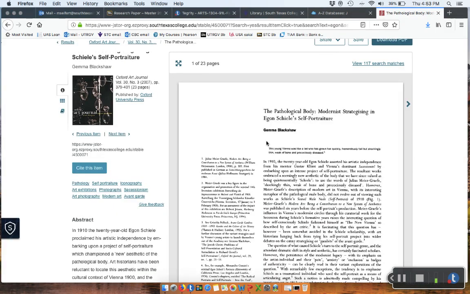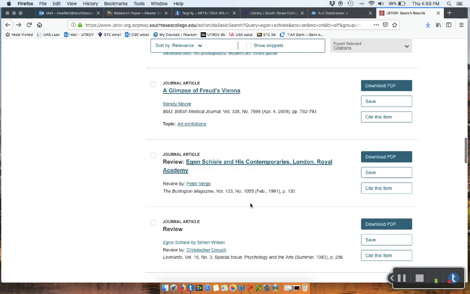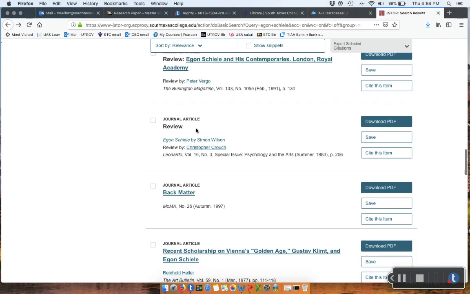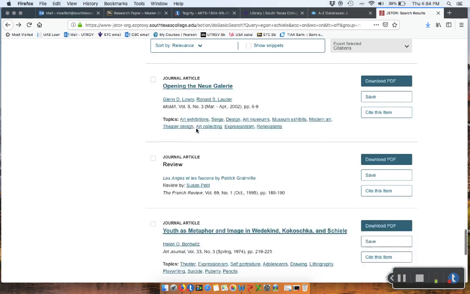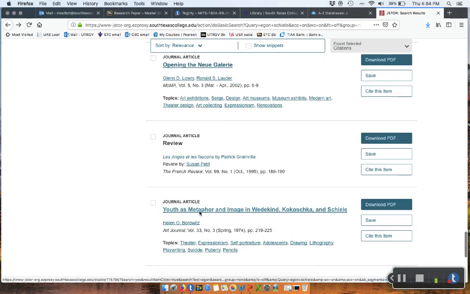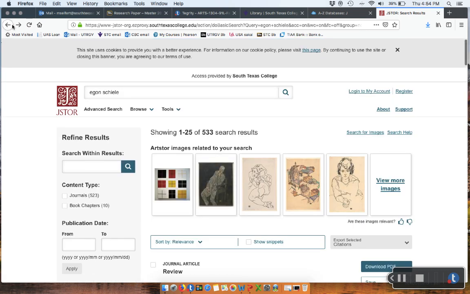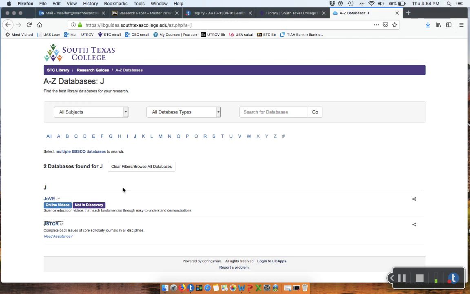So this is really fabulous. It's a great way to find sources. All of these are peer-reviewed. This is an art journal, which is a peer-reviewed journal by art experts, edited by experts. And then, of course, there's a lot of other options here. As you scroll down, you see loads of other articles that you can click on and open and check out if you think they'll be useful in your paper. So JSTOR, that's a great place to look for peer-reviewed